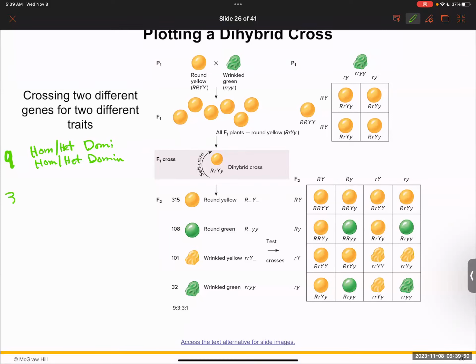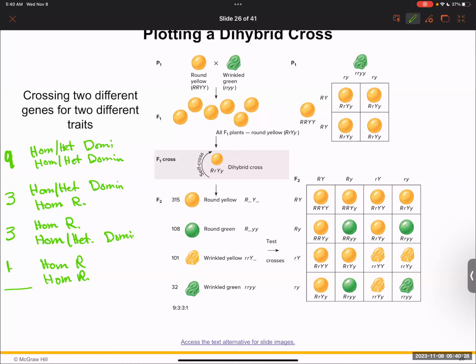Okay. 3 is homo or hetero dominant for one characteristic, and homo recessive for the second characteristic. The other 3, same concept: homo recessive for one characteristic, and either homo or hetero dominant for the second characteristic. And then 1 would be homo recessive for all